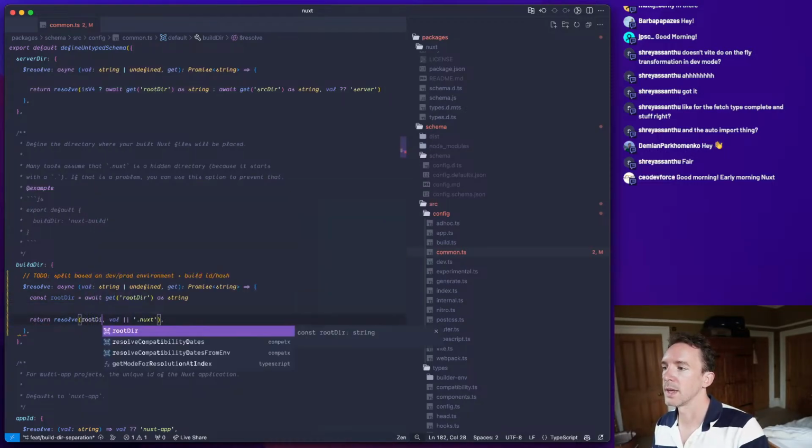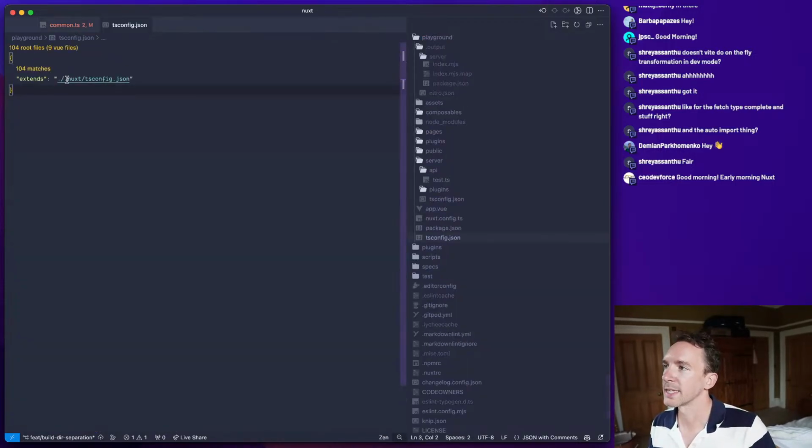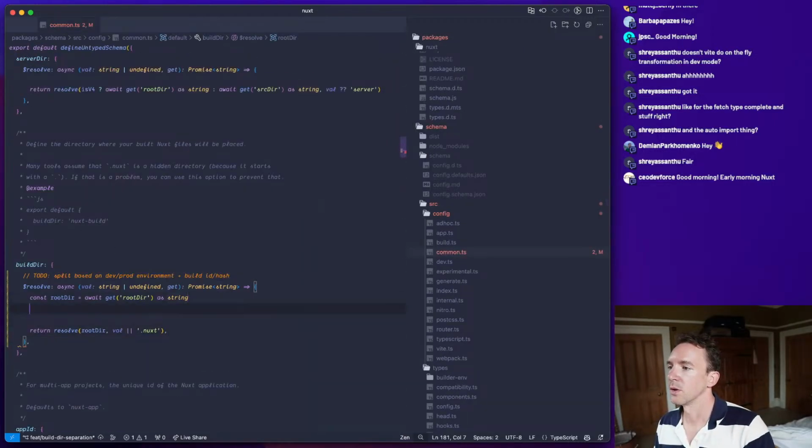The complexity is that if we don't already have a .nuxt folder and we try and build in some other directory, it probably won't work, because we tell people that their tsconfig should extend something from there. So we do actually need to generate that as a build directory if it doesn't exist. So like we need to,